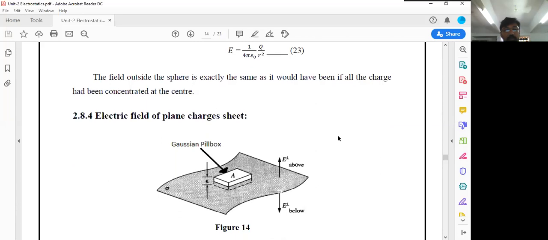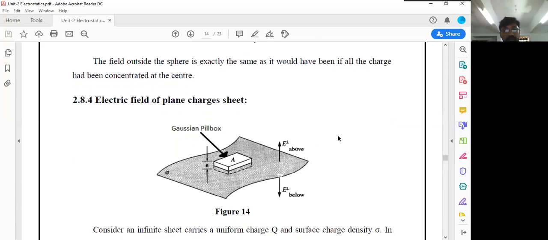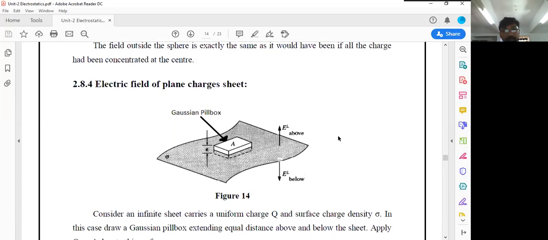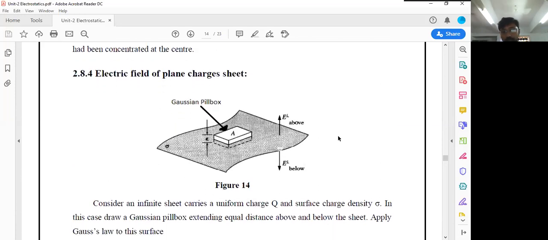Electric field of a plane charged sheet. So in this case, we will consider the Gaussian surface as a plane symmetry. Plane symmetry લેશું, Gaussian field box use કરશું. So